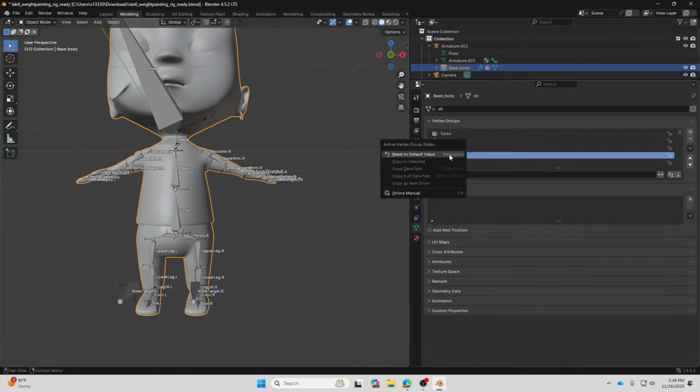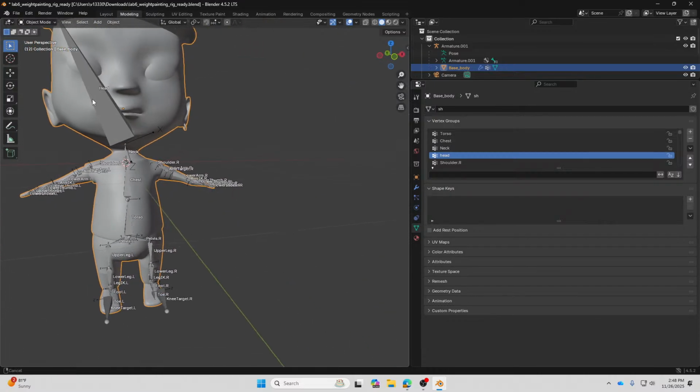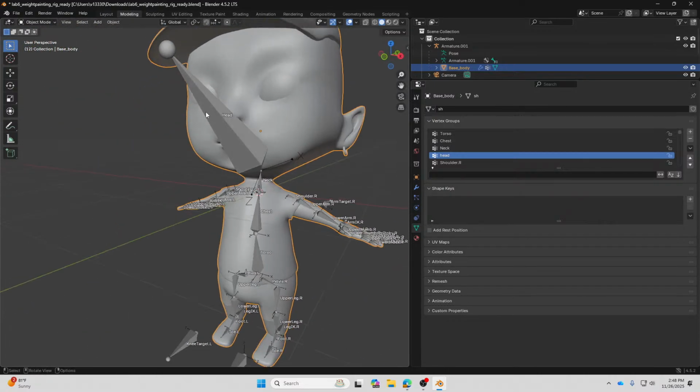Because now if I change this one to head without the capital, and I try to move it, nothing is going to happen over here, see? So the name of the bone and the name of the vertex group have to be the same. Uppercase and lowercase apply.